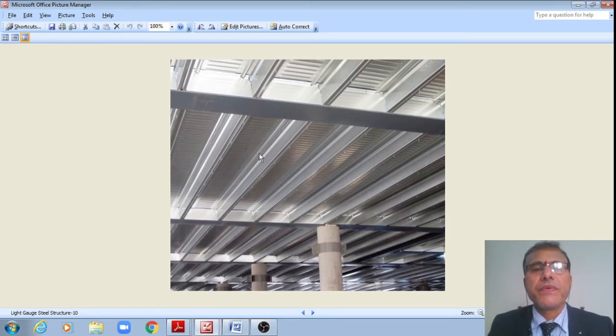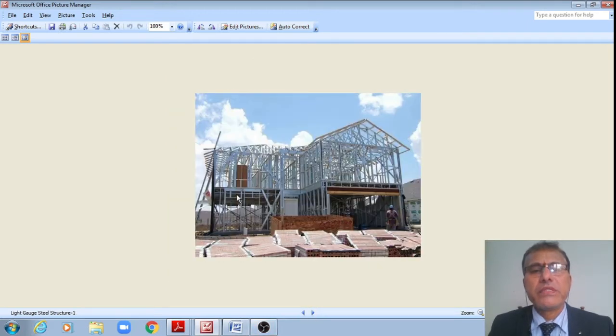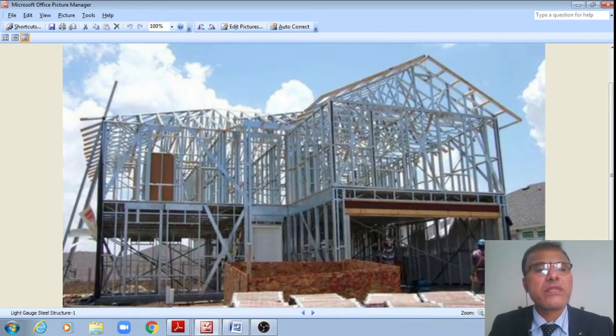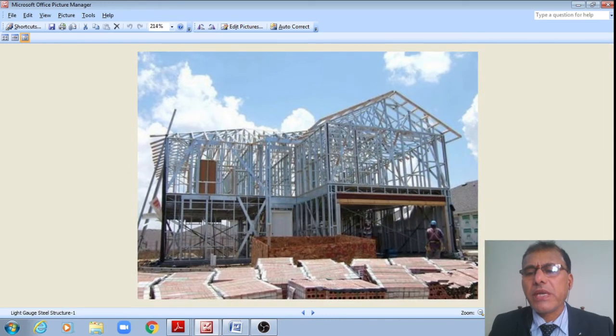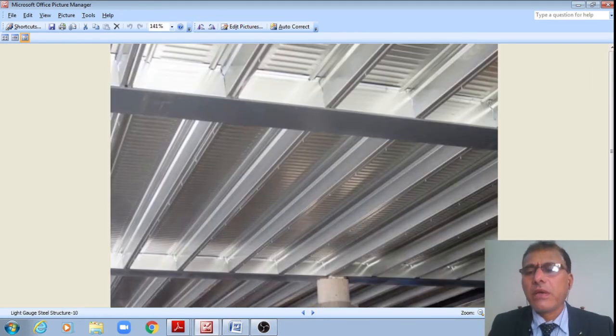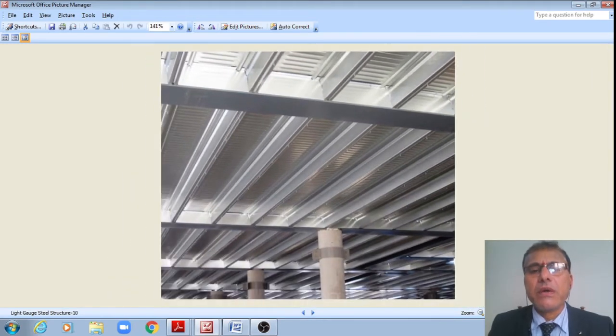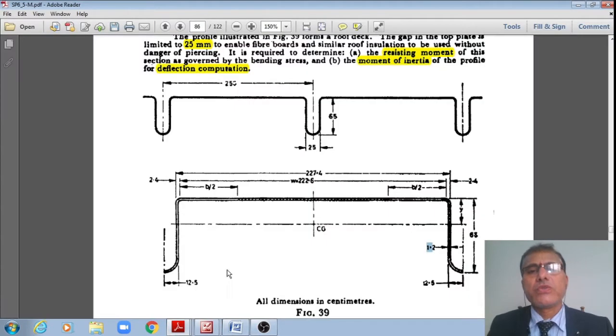Therefore, what is the moment of resistance of this? How much moment does it resist for this decking? It is asked, and also the moment of inertia of this part of the decking. That decking is now shown here in an exaggerated view. Therefore, what is the moment of resistance of this section, of this profile? Also understand this schematic, student.